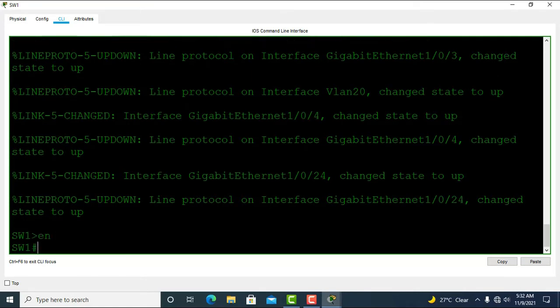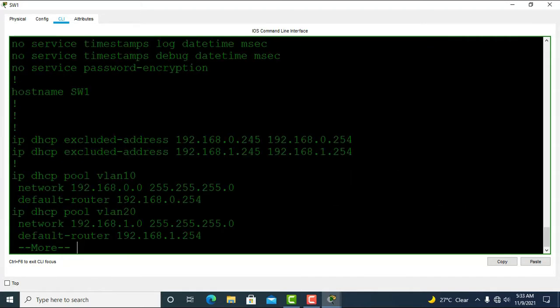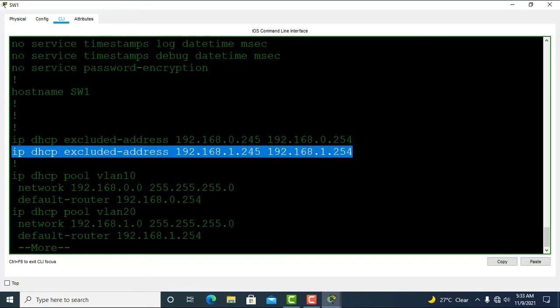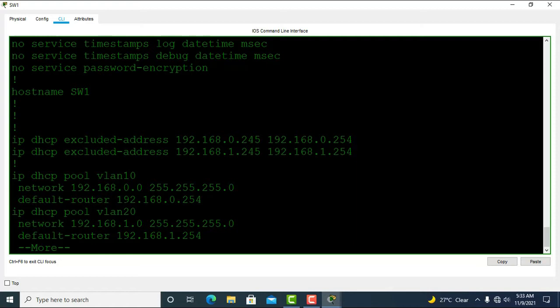Enable, show run. Show run shows you every configuration done on your system. If you see, I've excluded my IPs according to my network. I have VLAN 10 created as a DHCP pool, then I've excluded the IPs according to the network, and then I have assigned the default